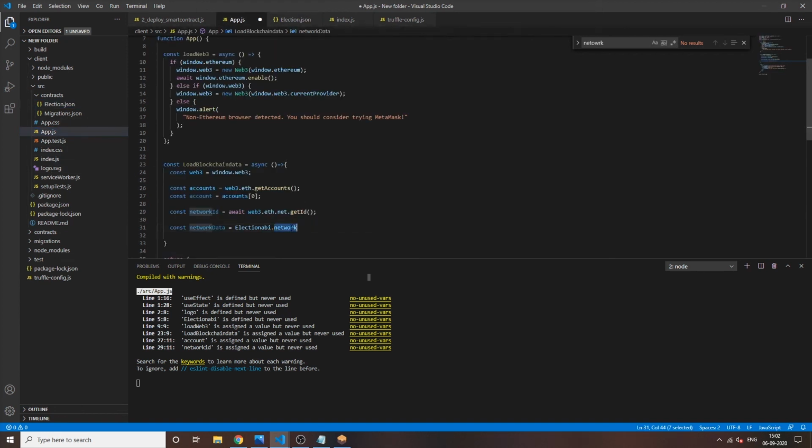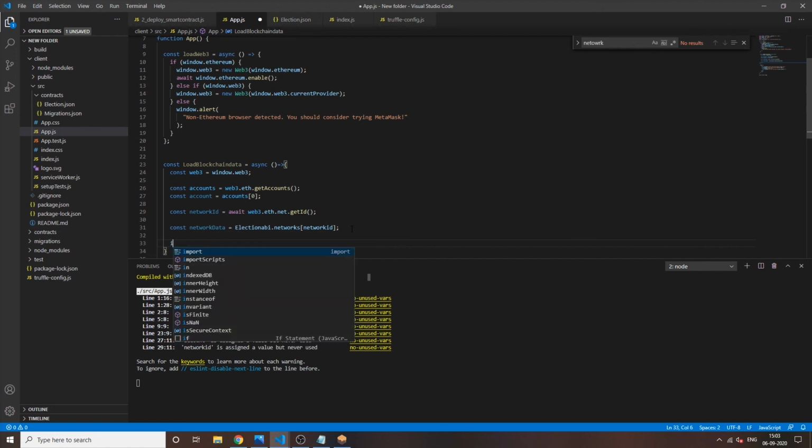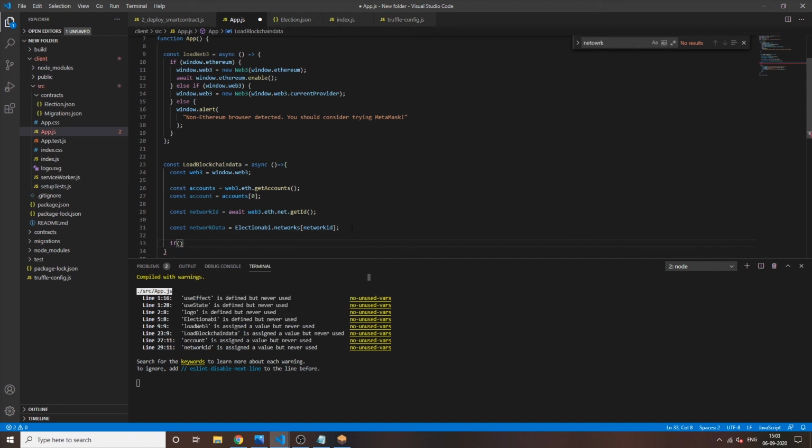So from networks we need the network ID here. So when the network ID will be 5777, which is of Ganache, then it will give the network data so that we can interact with the smart contract.